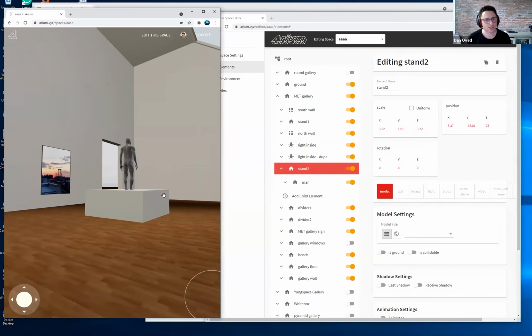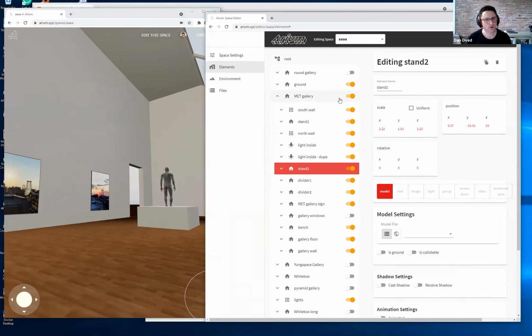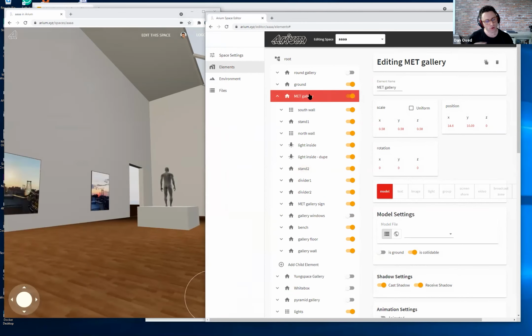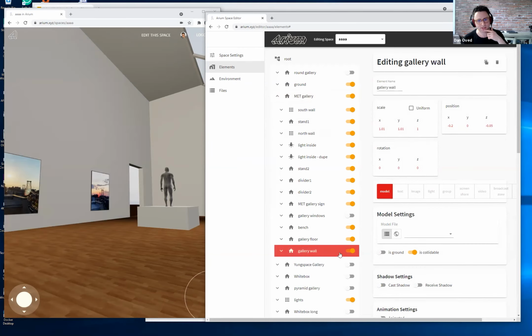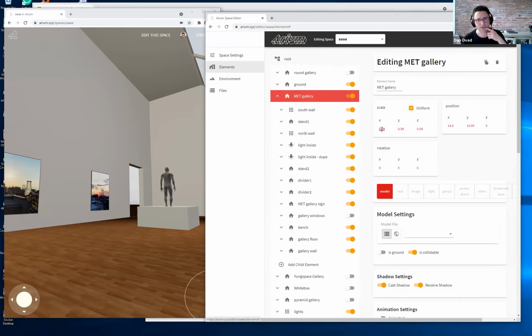So yes, the way he built it, the whole thing is grouped. Each wall is a 3D model that was uploaded independently, but they're all grouped. I think he did it that way so it's very modular. All of those wall sections are independent 3D models grouped under this parent. So there's a gallery wall here, which I can turn off independently. This is linked to a GLB file, but because this is a child of the Met gallery, if I scale this to